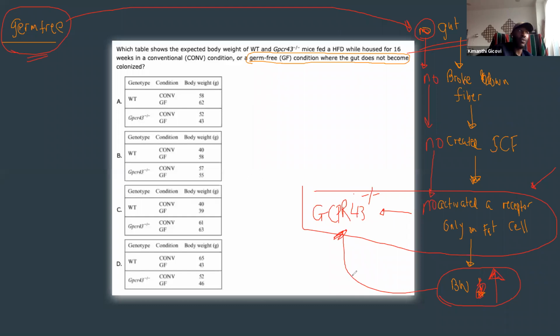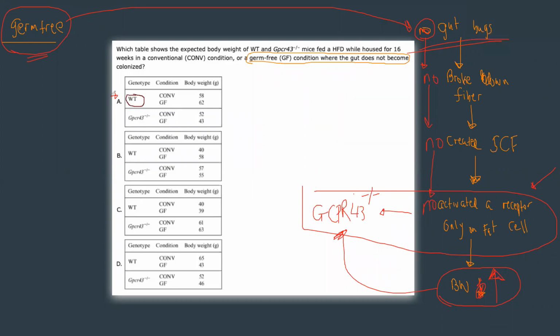Right. So you want us to kind of go through. So let's start with A, right? And I want you to first circle what you're going to compare first. Walk me through your reasoning as you try to find the answer. Because remember, we're looking for the one that's going to show us that in the germ-free environment, the body weights went up. Yeah, so I'm looking at, go ahead, circle it, the wild type.